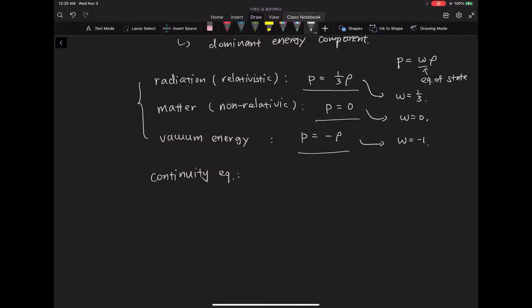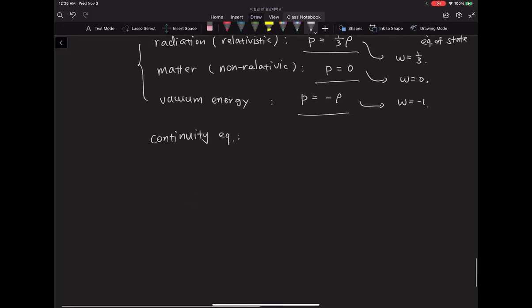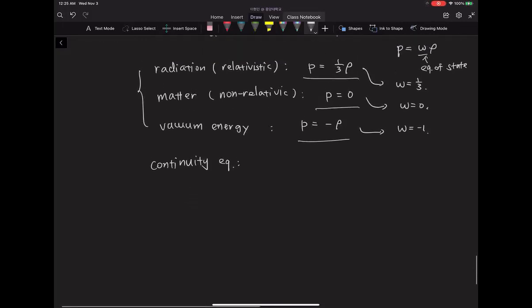In general, the equation of state parameter W could vary between -1 and +1 for the normal case, but here we are just choosing typical values of the equation of state. So according to the continuity equation, we have